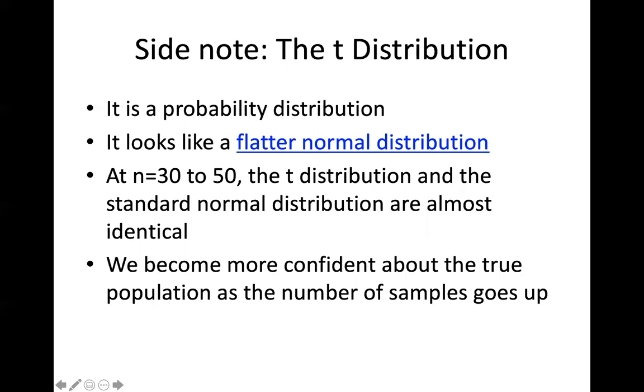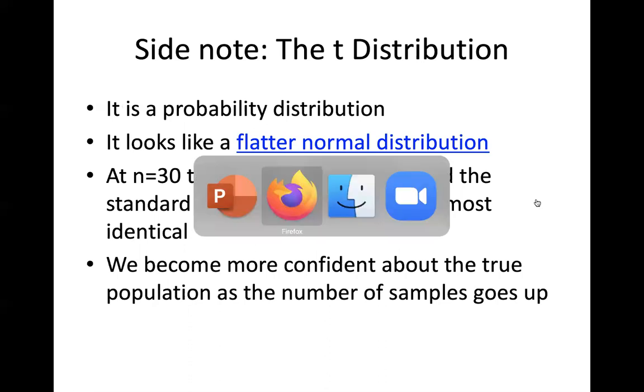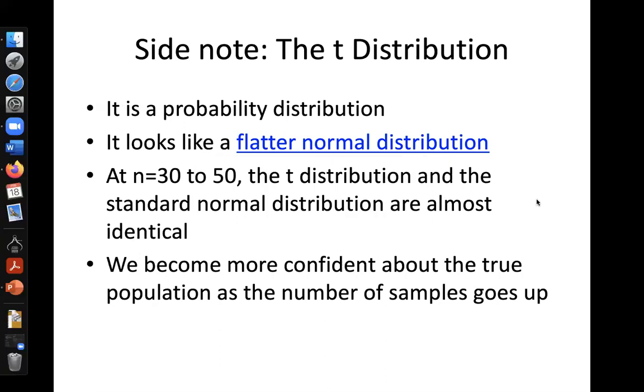So I'm going to talk really quickly about the t distribution. It's a probability distribution. How likely is something to occur? It looks like a flat or normal distribution. This is what I just said, between n of 30 and 50, that looks more or less identical. So let me switch over really quickly and give you